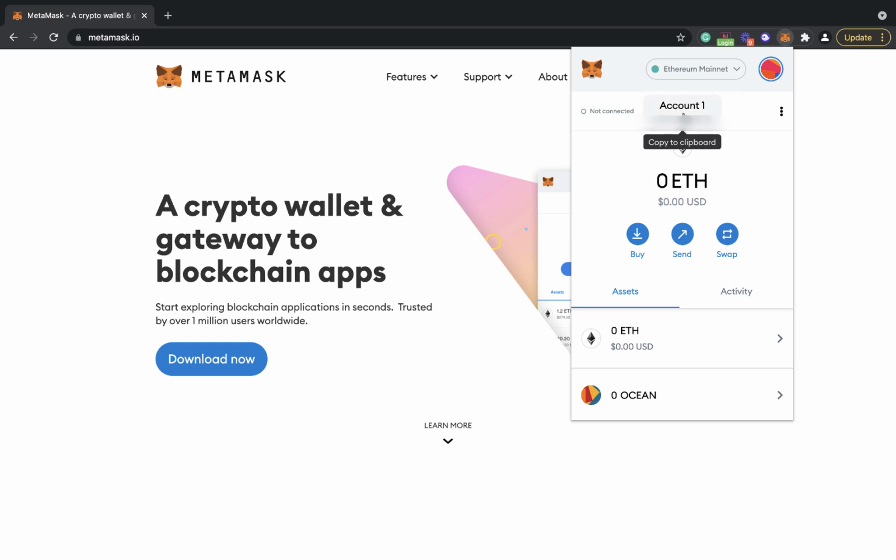You'll have your account information here, and then you'll have your assets and your transaction activity right below it. This current account obviously has 0 Ethereum in it. And just for test purposes, I've created it. So we're going to go ahead and now go to